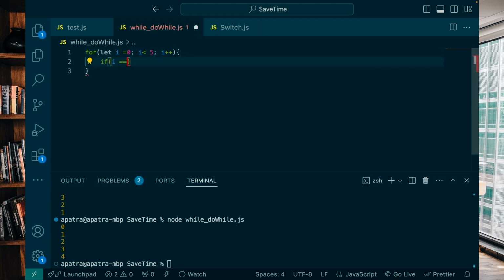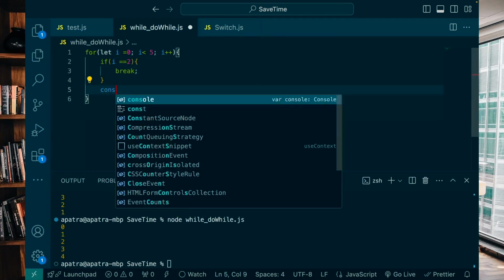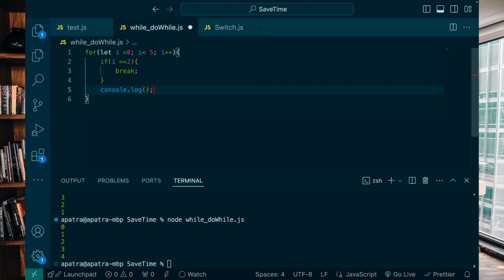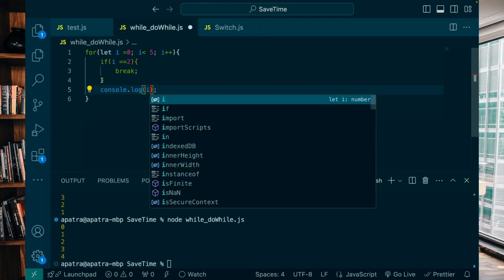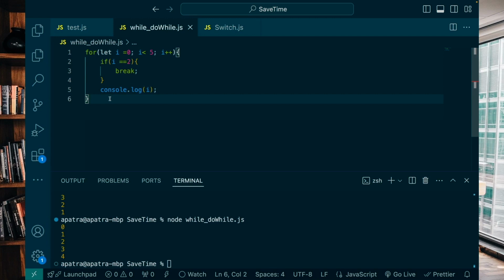If I equals to 2, then break the loop. ठीक है, मैं यहीं पे जस्ट कंसोल कर रहा हूँ. जब ब्रेक का डिस्कशन करेंगे तो दिमाग में रखना, ब्रेक हमेशा नियरेस्ट लूप को ब्रेक करता है, मतलब नियरेस्ट लूप से वो आउट हो जाता है. ओके,